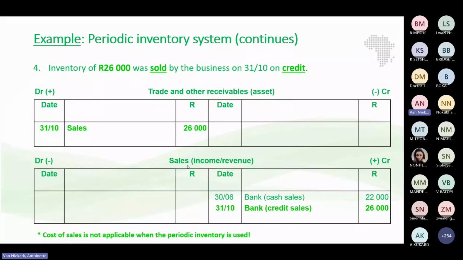Then we will give you an option here and here. It will have a drop-down arrow where you can choose which option is the correct option that will be recorded on this side and which option on this side will be recorded. Okay, so I hope this gives you a bit of an idea.